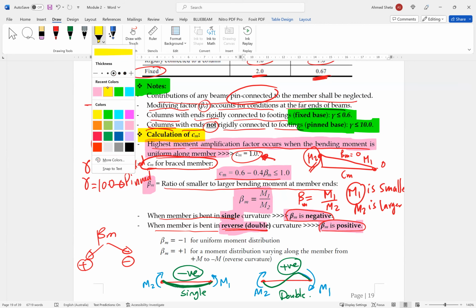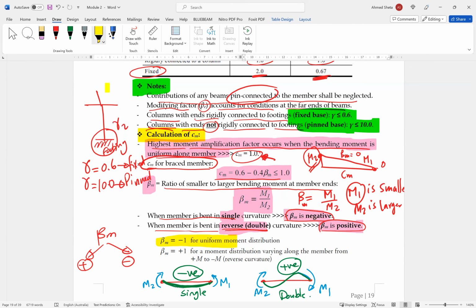This case means beta M equal to -1 for moment uniformly distributed. Like if you have a beam or column like this, here M and M, it is uniformly distributed. So how much beta M? Beta M will be 1. But because it is single curvature, so it should be -1. Okay. The next one is